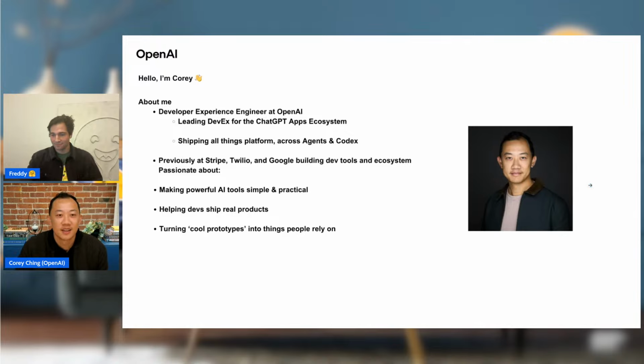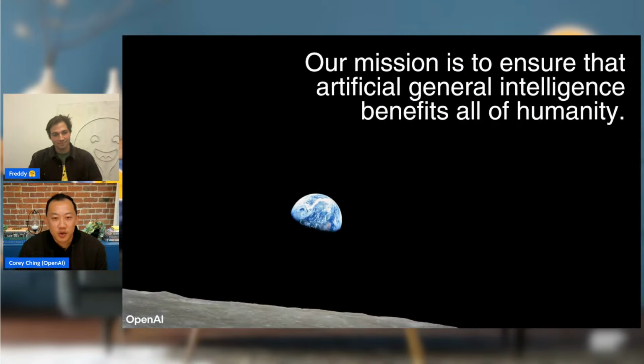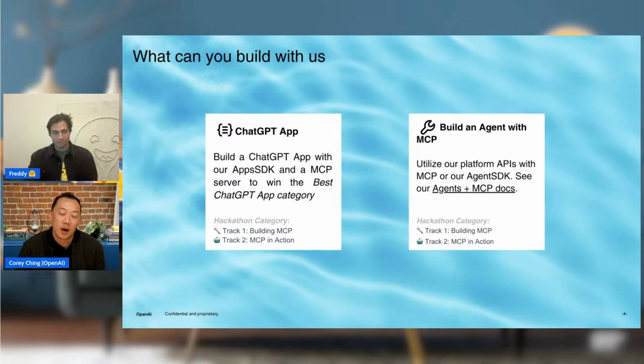I'm sure most folks are familiar with OpenAI, but just wanted to reiterate our mission, which is to ensure that artificial general intelligence benefits all of humanity. So, traditionally, tapping into the power of AI was limited to research labs and really expensive cost to access it. So all the work that everybody's doing here is really awesome. But let's just jump into it.